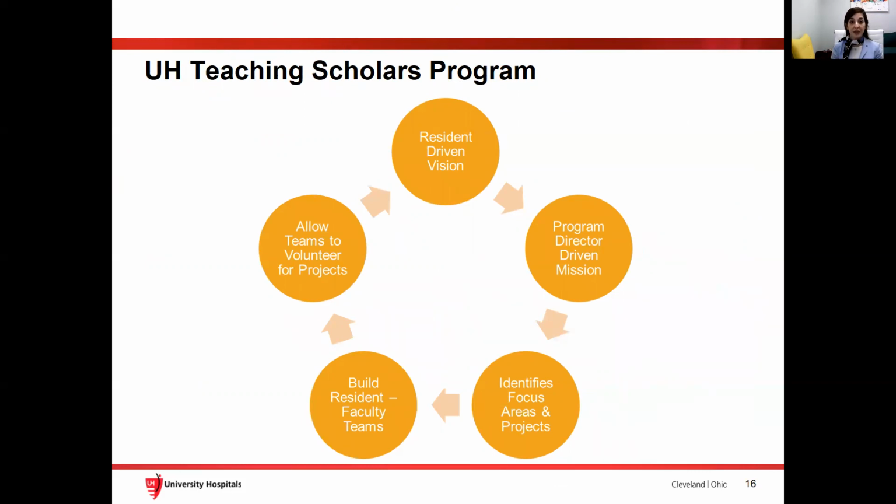And so in order to expedite our progress, we needed to engage everybody in the department to help. And so we built multi-generational teams, a senior attending and a junior attending, a senior resident and a junior resident. And so those multi-generational teams were then allowed to volunteer for various projects to complete them.